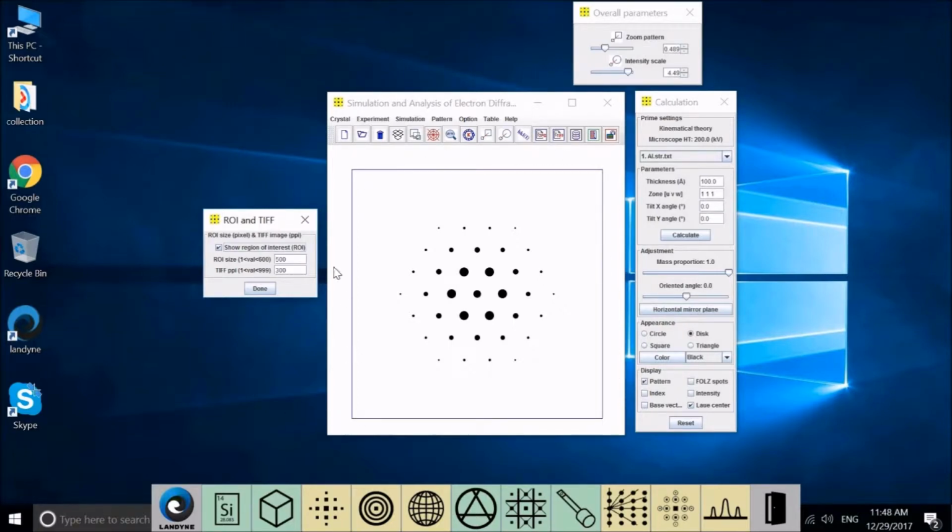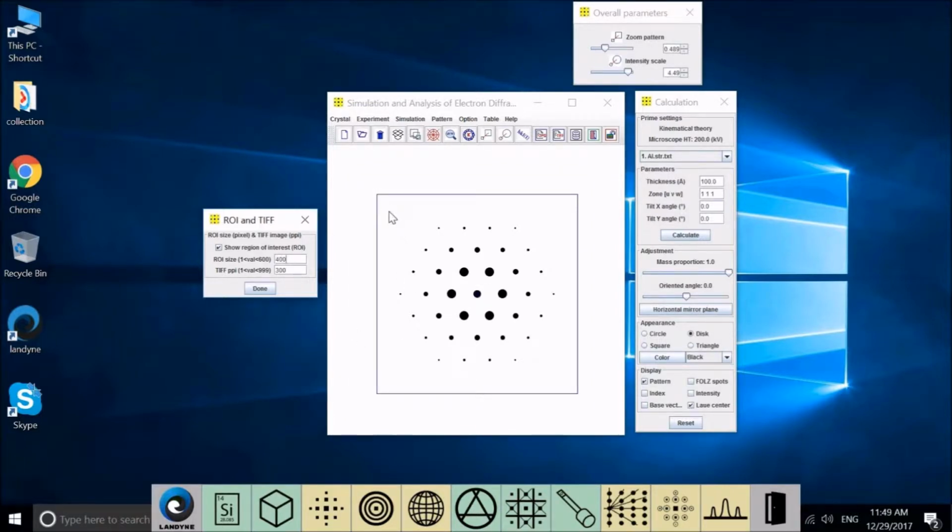blue squares. If we change this one to 400, so only this area will be printed out. For a TIFF file, the PPI usually required is 300 or up for a publication figure. So once this is done, you can go to